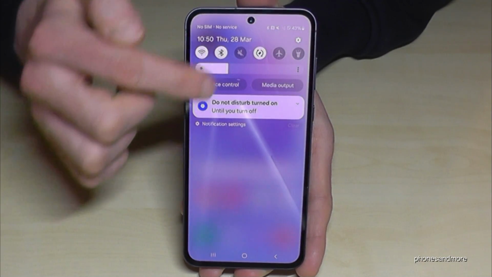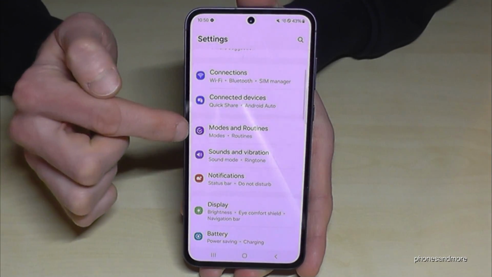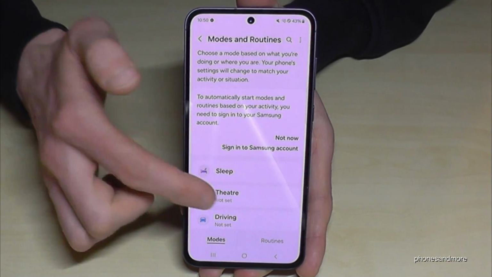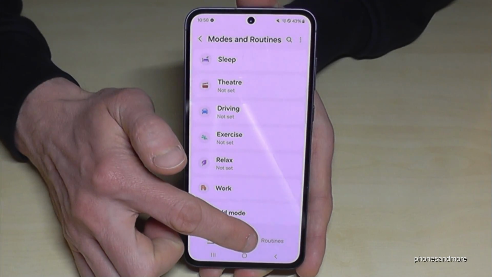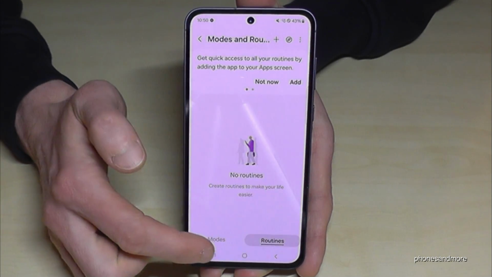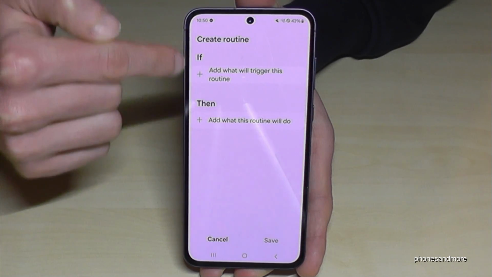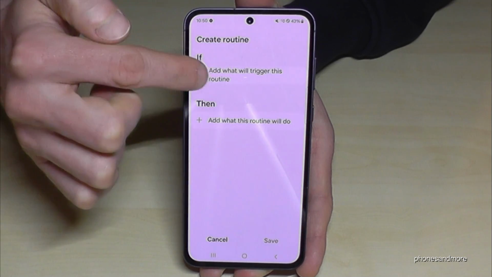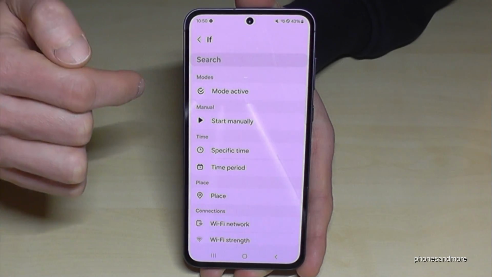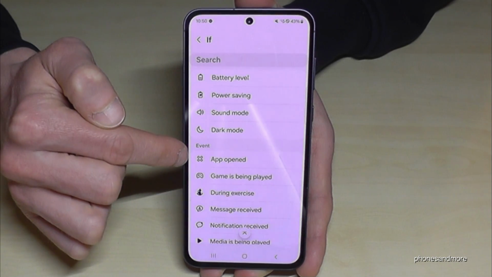So just scroll down here, tap here on the symbol for the settings, then go to the point Modes and Routines. So you have been already for the modes, you know this feature, and below we can set up some more routines here, and for that just go on the plus symbol, and now we can set up our routines here. To add what will trigger this routine, just tap on the plus, and let's go now to